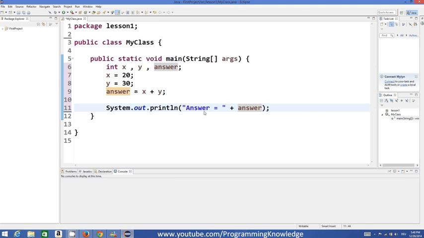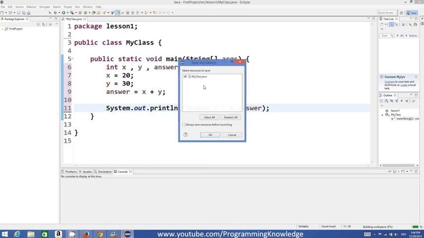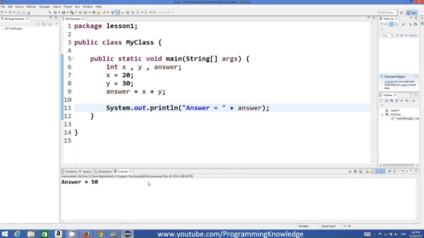So this function is intelligent enough to sense that this is a string and this is your integer, but using this concatenation operator you can print them as a single line. So let's try and run this program. Okay, and this gives us a result answer is equal to 50, which is true. 20 plus 30 is equal to 50.